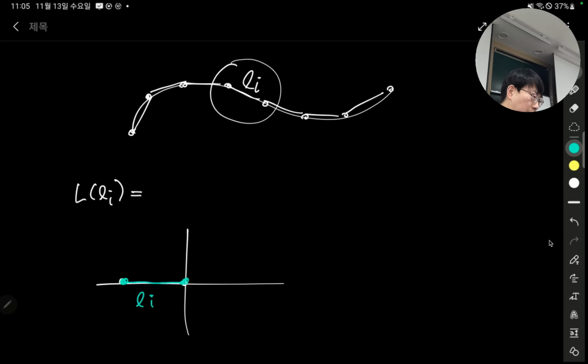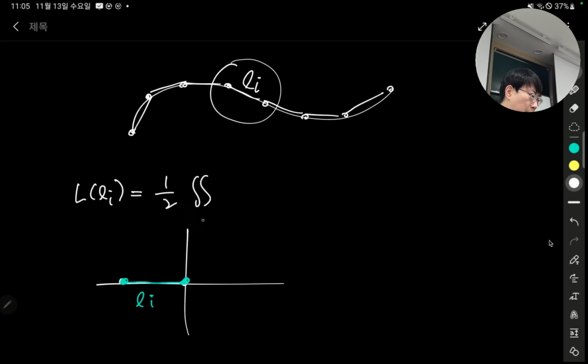So this is your line segment. What was the result? We saw that it works. We saw that the Cauchy-Crofton formula works for any line segment that lies on the negative side of the x-axis, whose one end lies on the origin. So we can say that this is 1 over 2